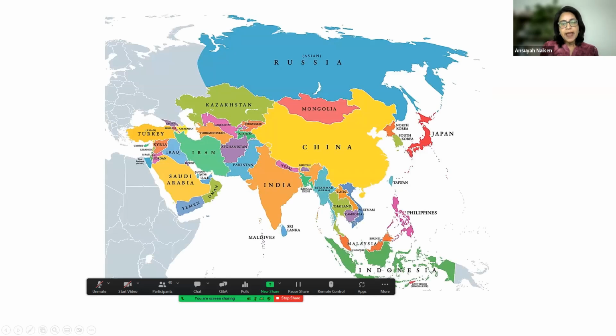The reason why I put this map in here, when we talk about Asia, as you can notice from the map, it's huge. And I think oftentimes when we think about Asia, we don't even think about Russia, because Russia is really closely aligned with Europe. Then we have the countries of the Middle East, like Saudi Arabia, Turkey, Iran, Iraq, and so on. And oftentimes when we think Asian, our mind goes more to what is on the right-hand side of your map. But if you look at that, that within itself includes multiple countries.